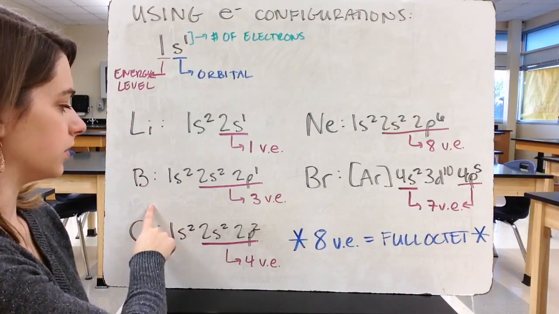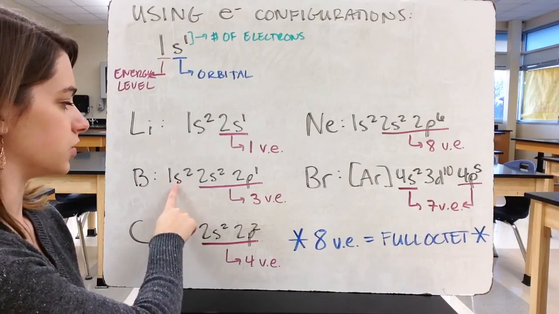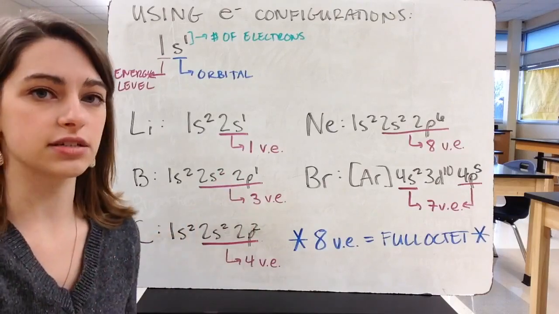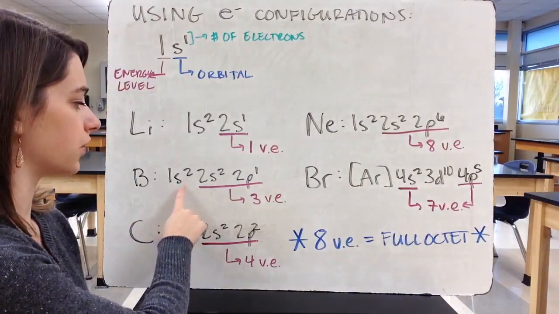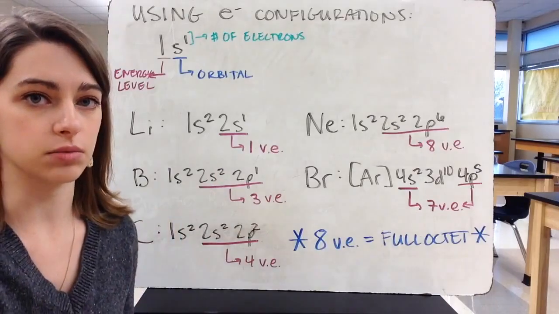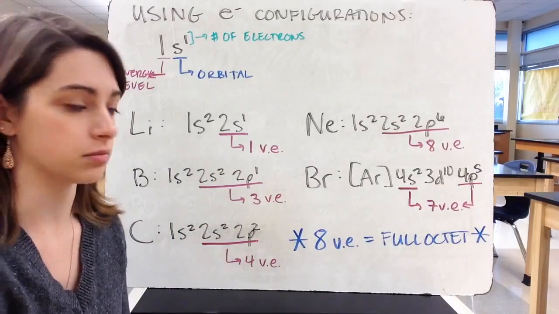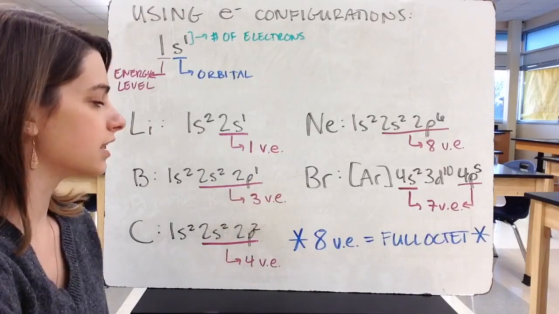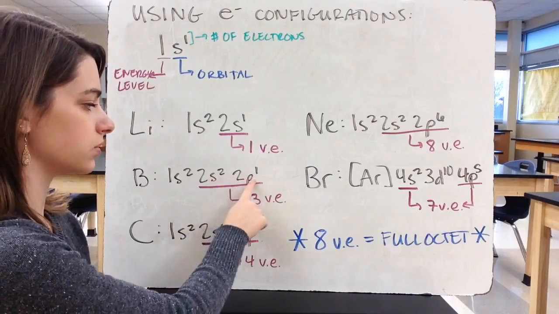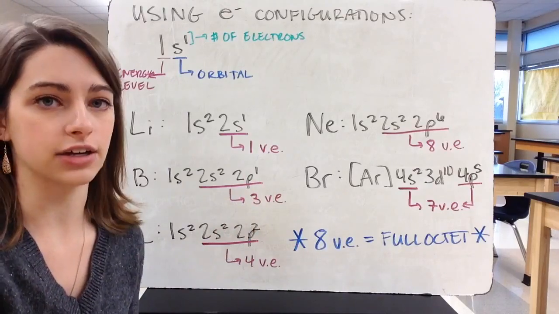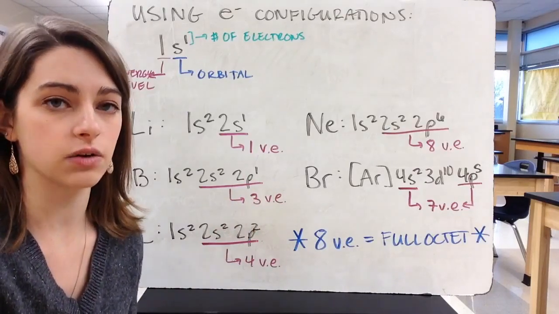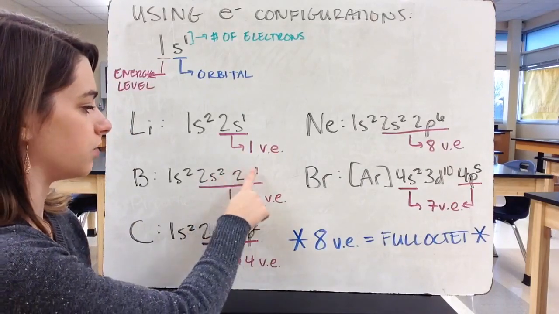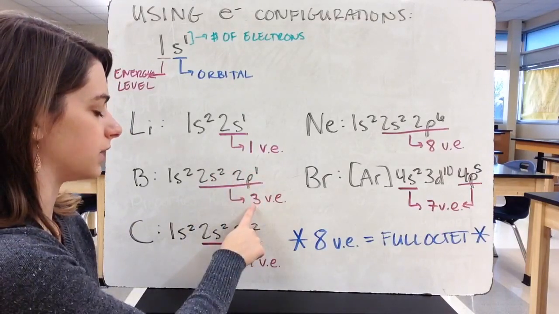Boron's our second example. Boron's electron configuration is 1s2, 2s2, 2p1. It's 2 spaces over from lithium, so we've filled both of the s's. We've moved into the p block. Boron is the first element in the p block, so there is 1 electron in the 2p level. Now, we have 2 separate orbitals, but both of them are in the second energy level. So all of those electrons count as valence electrons. So we have 2 in the s, and we have 1 in the p, which means that we have 3